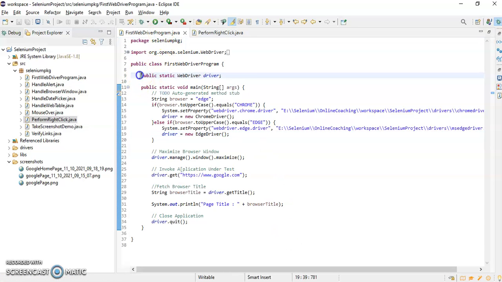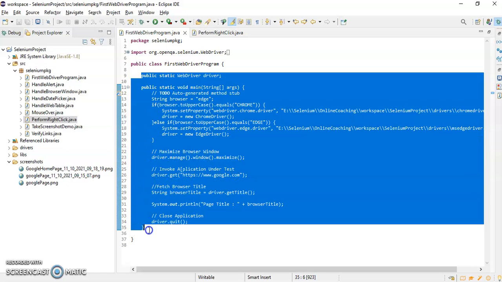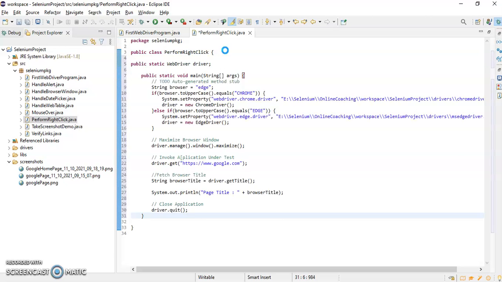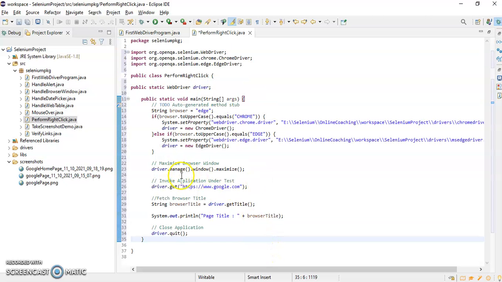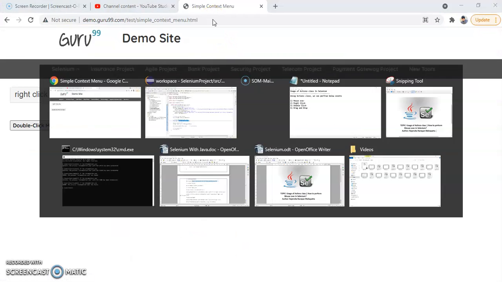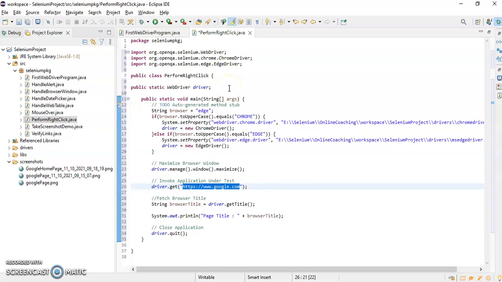I will copy the script from this class where actually we are launching browser and navigating to the application under test. Here I will change the application URL. So this is our application URL. Let's take this and I'll paste it over here.